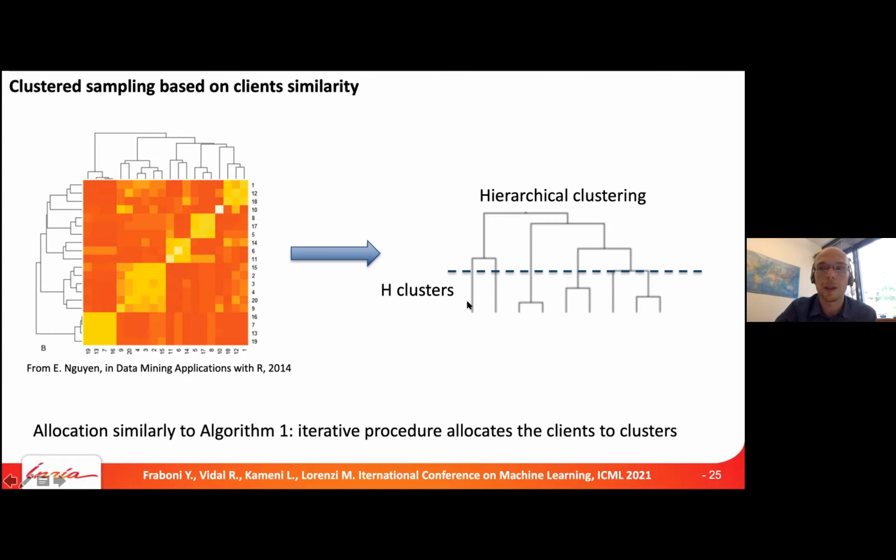So what are we doing in that case? We are defining probabilities that favor groups of clients which are very similar. So we increase the probability of picking clients at this given selection which are very similar between them. And then when we move to the next, we move to a next kind of cluster, so a next similarity. So intuitively, we increase the representativity of different kinds of clients.